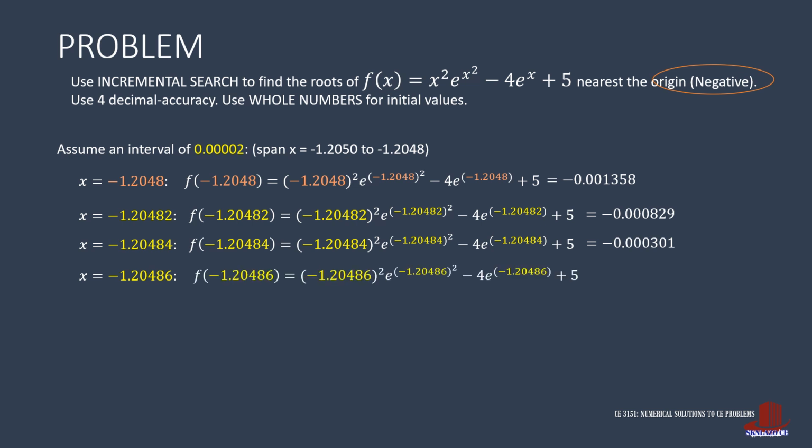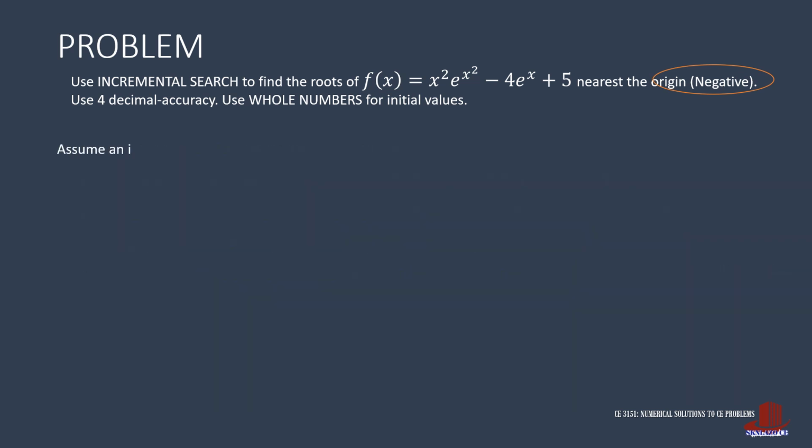Work on another increment, making the function negative 1.20486 squared with e raised to the square of negative 1.20486 minus 4e raised to negative 1.20486 plus 5. This time the result is 0.000228. With the last turning out positive, we end the iteration and use the last increment as reference to the next. With the interval arising as negative 1.20486 to negative 1.20484, we also try the increment of